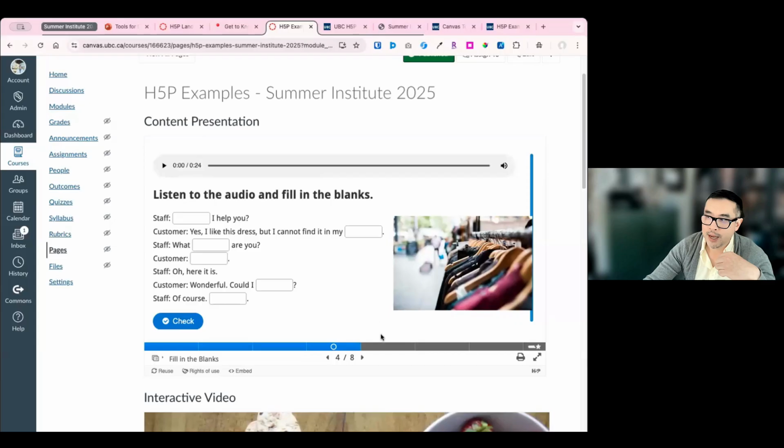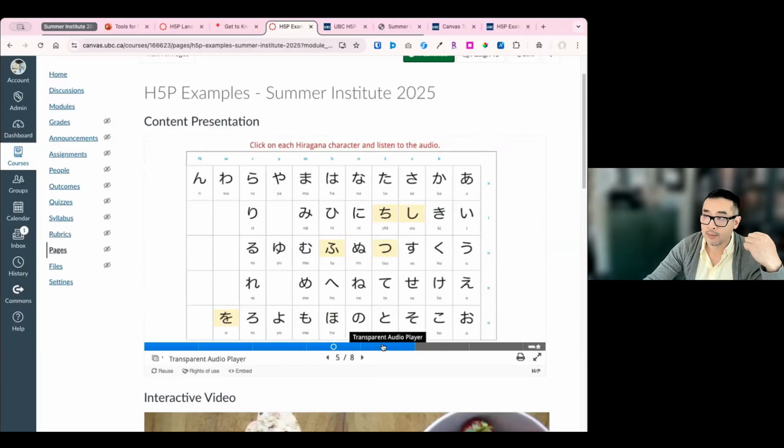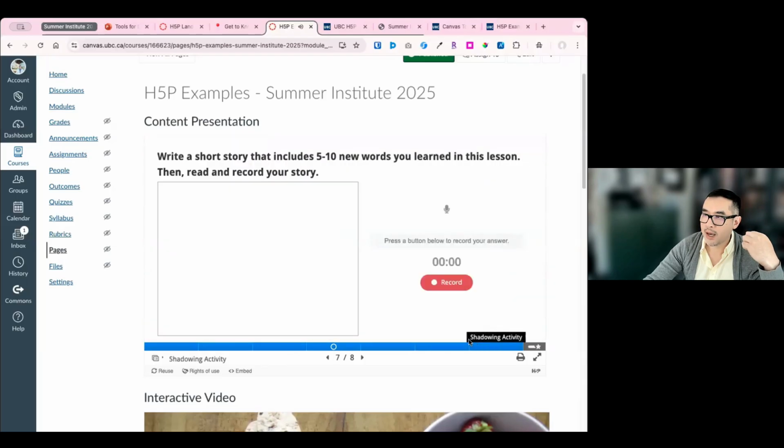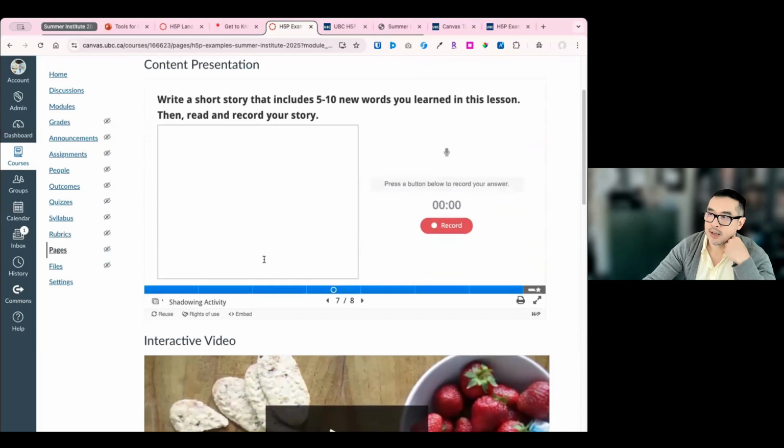So there's this fill in the blank. There's the ability to do multiple choice. There's the ability to do these image hotspots. And yeah, this essay type